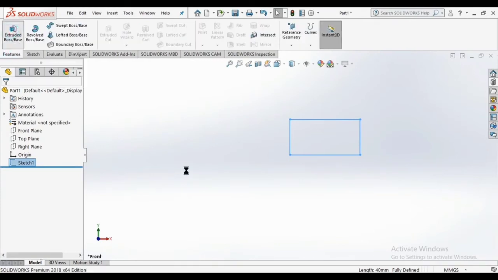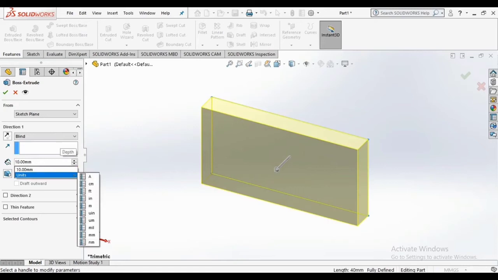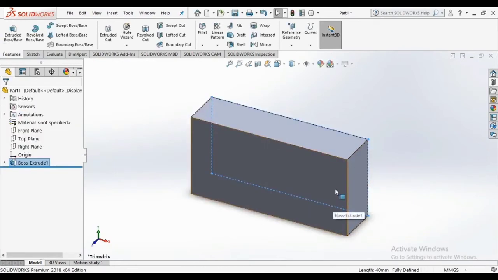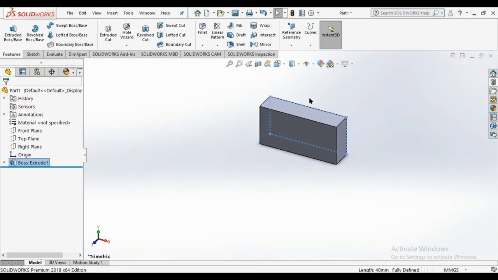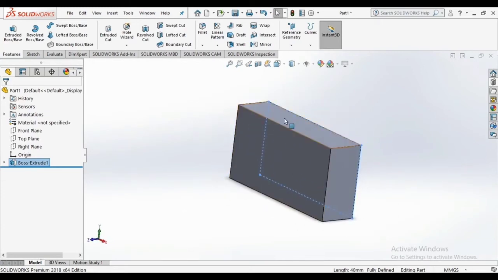So extruded boss base feature, we have to increase it to 20. So click OK. So this is a solid body, a solid rectangle.